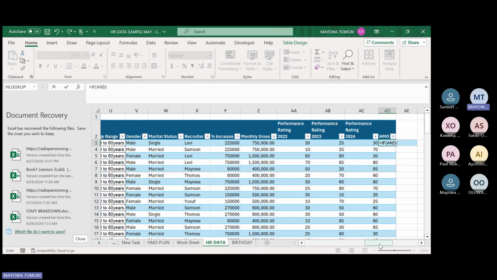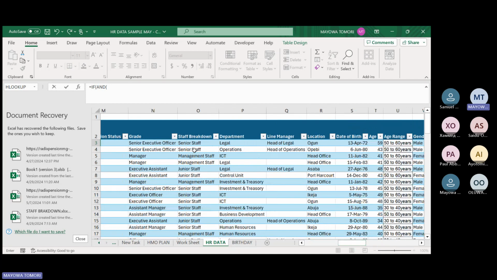Now, logical question 1 is if this is equal to junior staff, you want to start from the junior staff. So if and this is equal to junior staff,